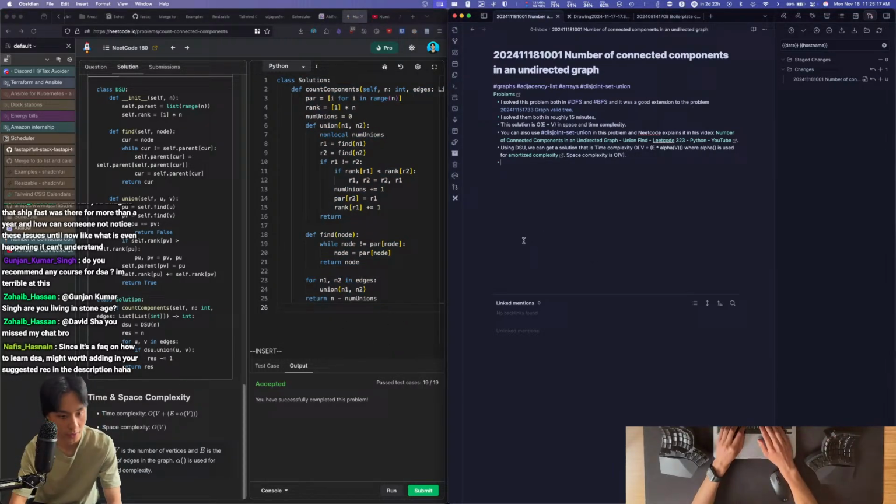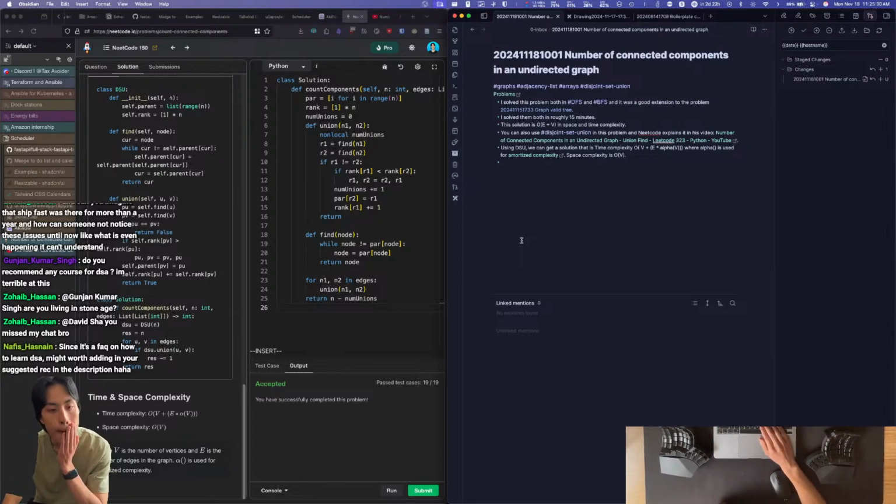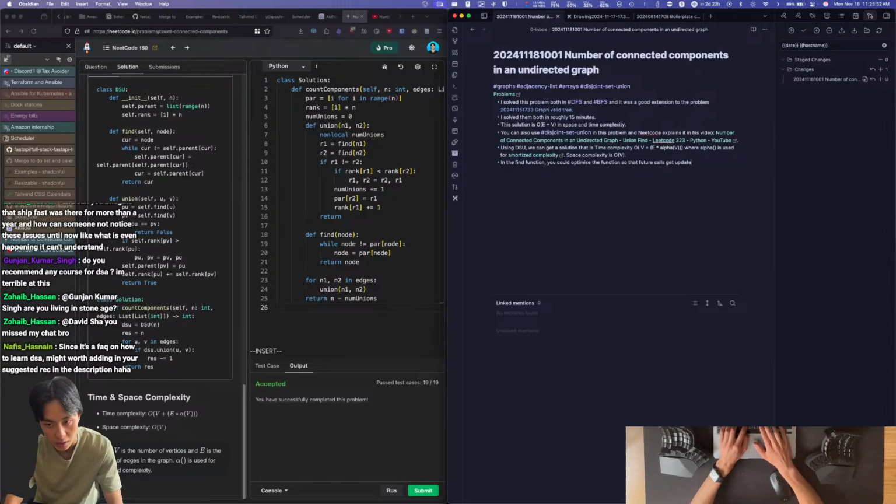Now the other thing with this DSU is, in the find function, you could optimize the function so that future calls get updated to the newer root. In which case, we're going to have